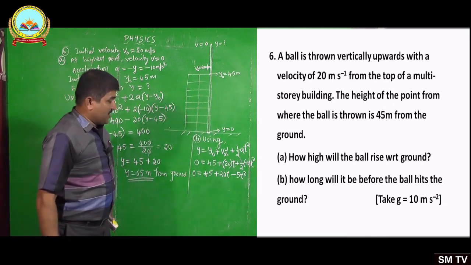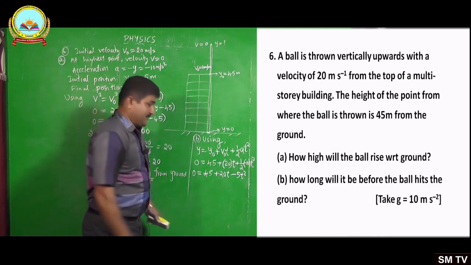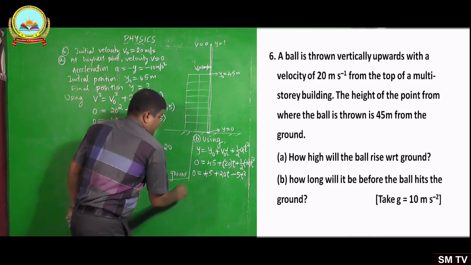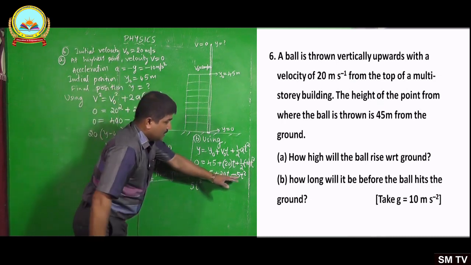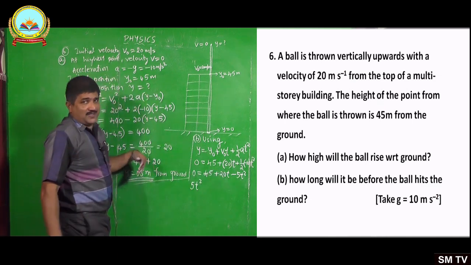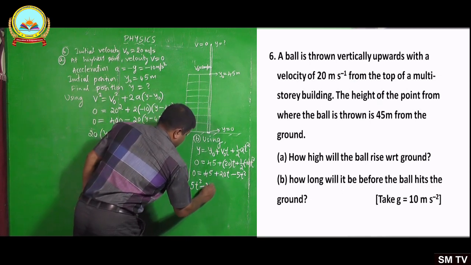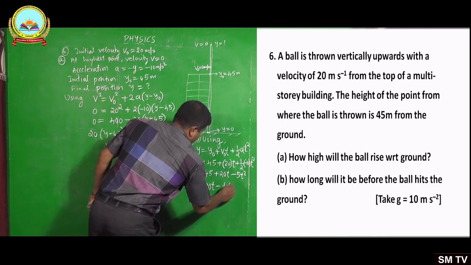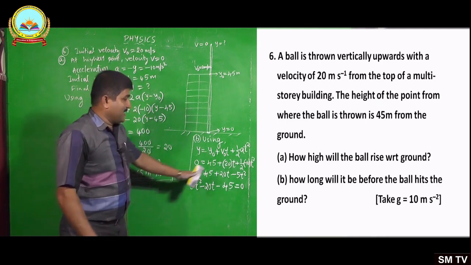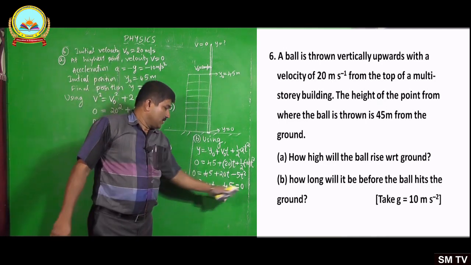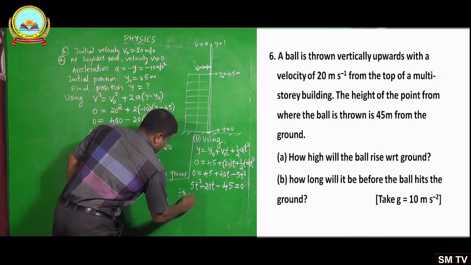Now it is a quadratic equation. We can make it a simpler form. So bring everything into the LHS. When terms are in the RHS and you bring them into the LHS, all the terms should change sign. So 5t square, and this 20t becomes minus 20t, and plus 45 becomes minus 45, equal to 0. All the terms shifted to LHS, sign must change. Now there is a 5 which is a common multiple in all terms, so dividing throughout by 5.